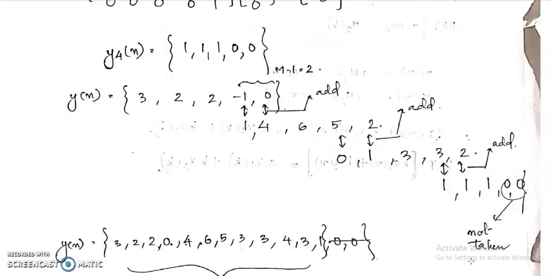Then we write the output sequence y of n. For that we take the summation of the aligned elements. Okay, those elements, they come in the same position. We take the summation of those elements. The remaining elements are written as such. Okay, so we can check it here. The output y of n, here 3, 2, 2. Okay, that is a separate element that doesn't overlap with any other element. So 3, 2, 2 is written as such.